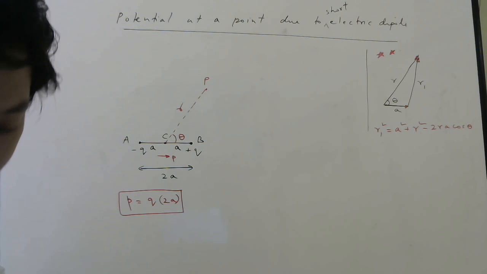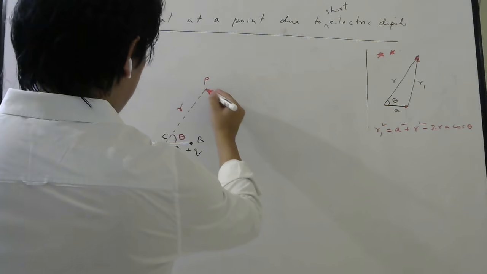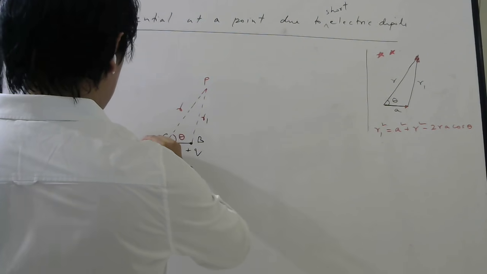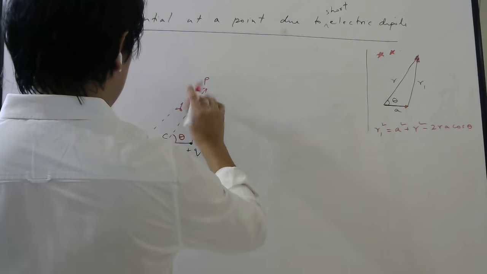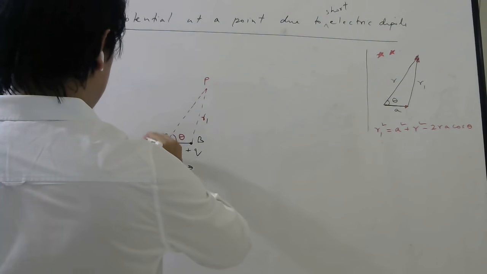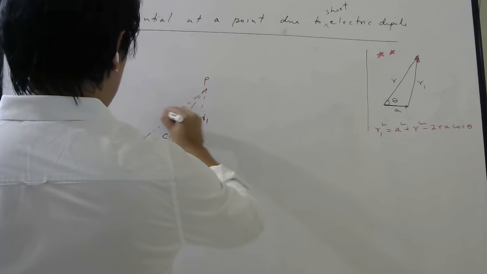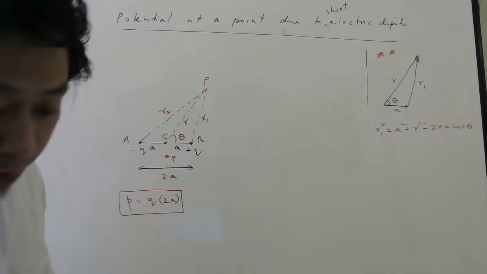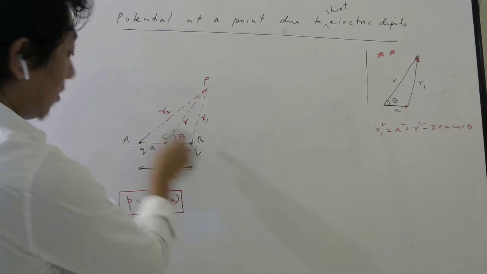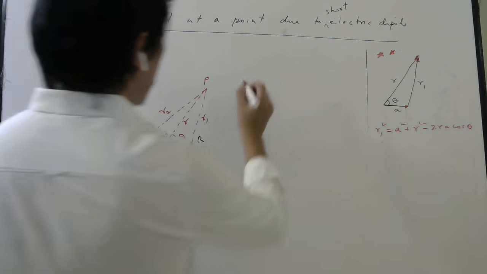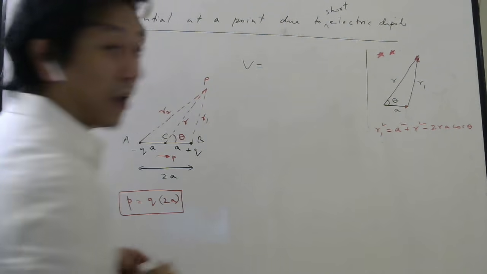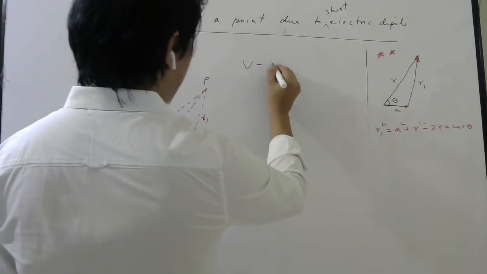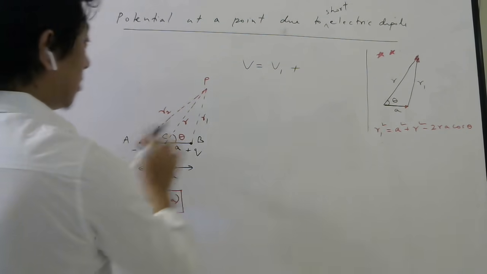Okay, come back to the derivation now. Let us say plus q is at a distance r1 and minus q is at a distance of r2, and this is your r. We want potential at this point due to the dipole. Since there are two charges, I need to add algebraically, right? So potential at P due to plus Q is, let's say, V1, due to minus Q is V2.